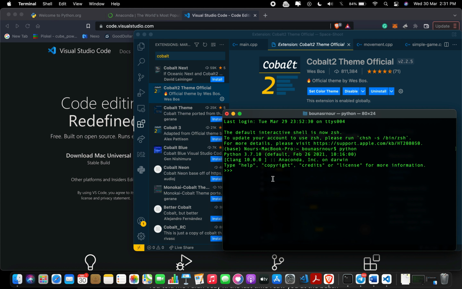Anyway, if you're unable to see this, make sure that you added Python to the path. You can do that on Windows by pressing Windows R and going to edit environment variables and add the Python path to your path variable. So now, after we're having Python installed and we set up everything correctly, we start learning how to code actually